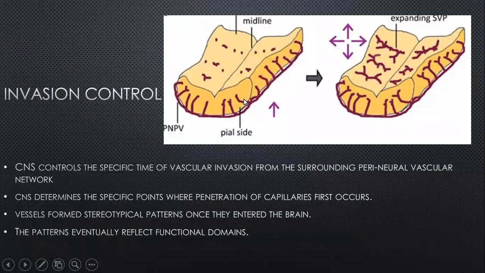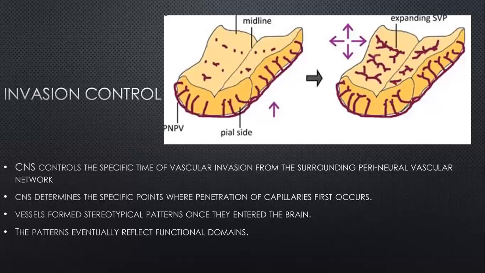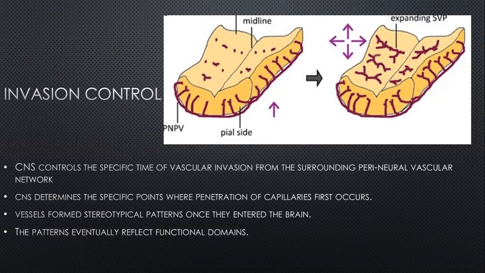And these are called segmental vessels. So they realize that there is a neuromere, there is a rhombomere, and hence these blood vessels follow that specific pattern. And these lead to these eventual functional domains within the brain parenchyma. So you then develop into the pharyngeal arches, the hyoid arches. You get all the rhombomeres we talked about in the development of the brainstem. And that's how these blood vessels allow the perfusion to that particular somite.